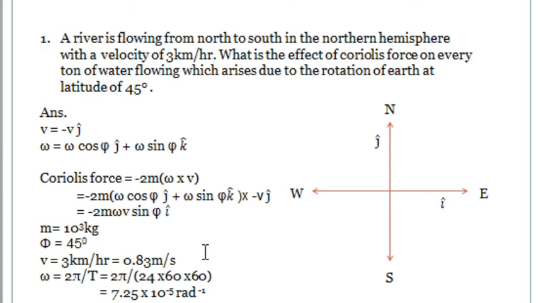Okay, here we are considering the rotation of the earth. That is why we can easily calculate omega by using the equation 2 pi by T. The time period for the rotation of the earth is 24 hours. So 24 hours should be converted into seconds. So 24 into 60 minutes into 60 seconds. As a result, the final expression of omega is equal to 7.25 into 10 raised to minus 5. Okay. So we got all the values which should be substituted in this equation.